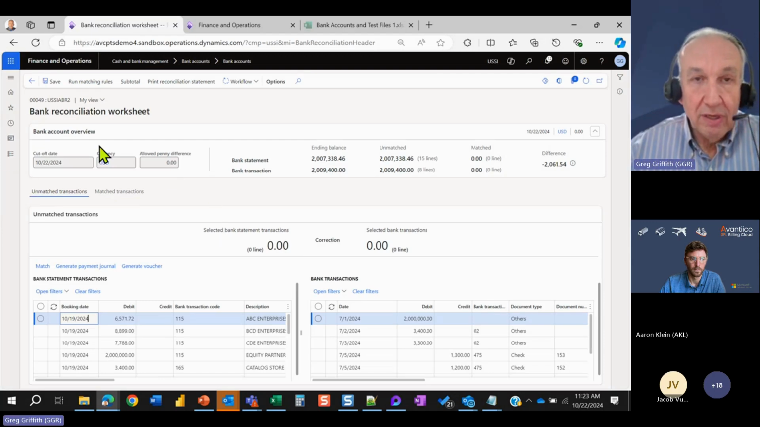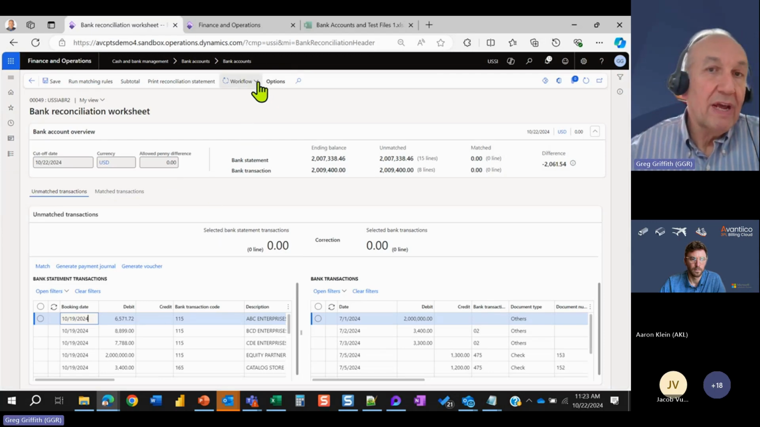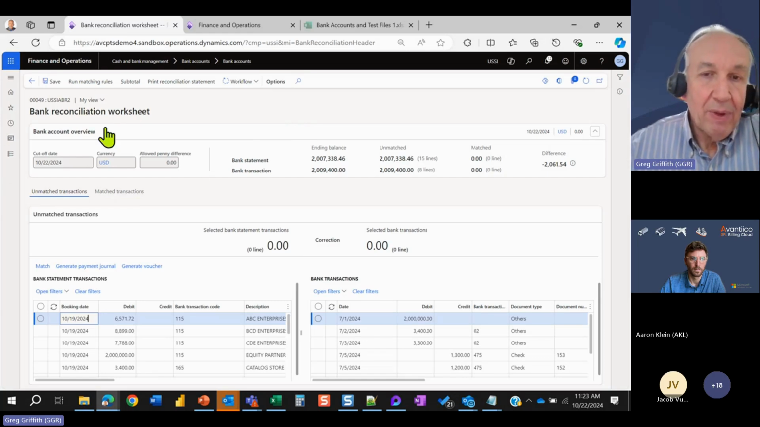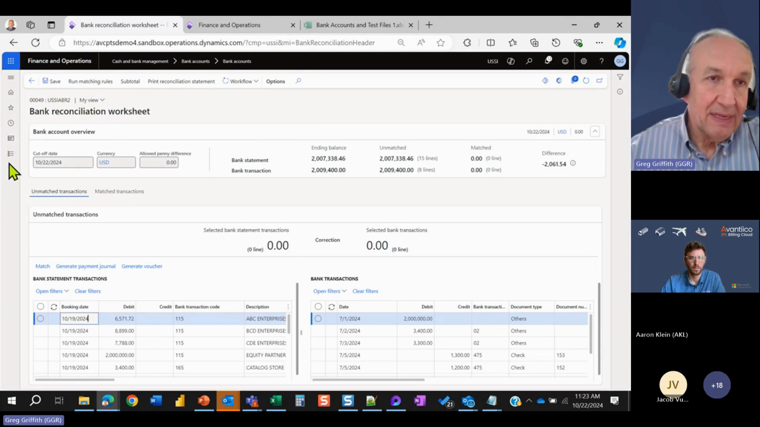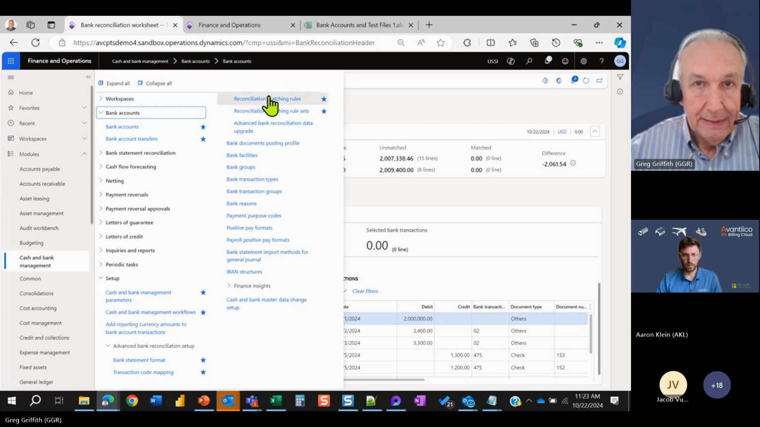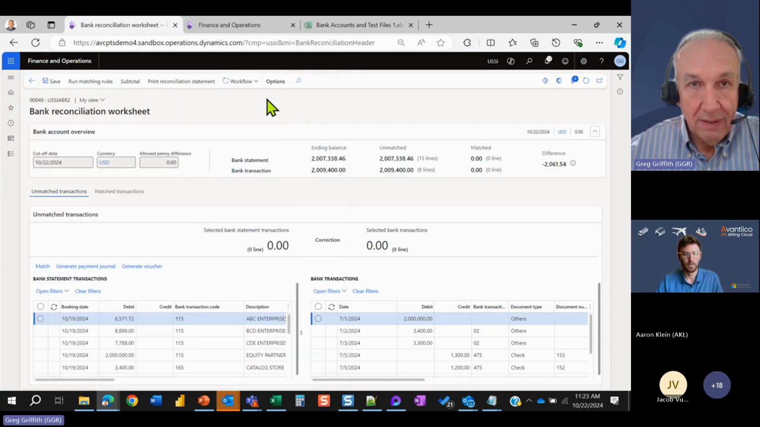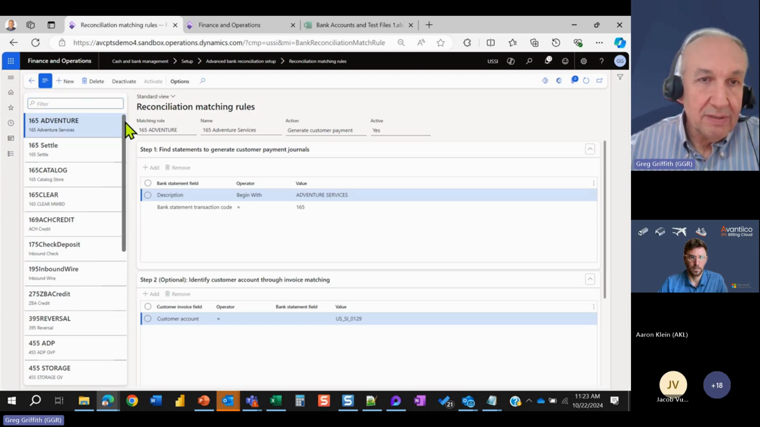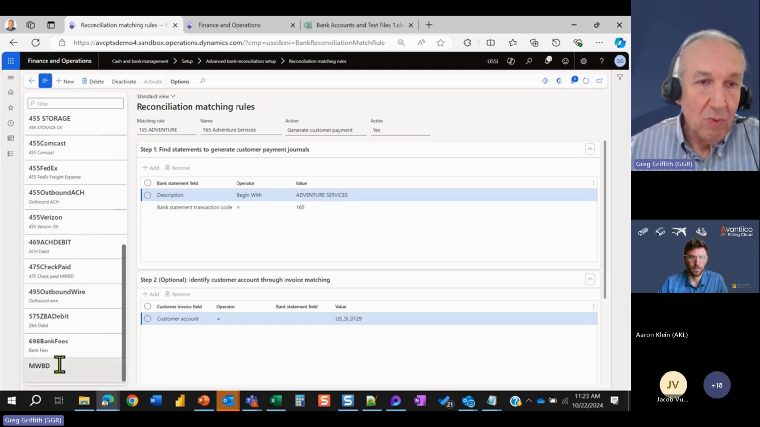So let's go look at it, and then we're done. We're going to have a workflow to approve it before we settle it. And when we want to run matching rules, we can use this to run one at a time, but let's look at bank matching rules first. So here are the reconciliation matching rules. And the first one I'm going to do that'll just clear some things off is this one for